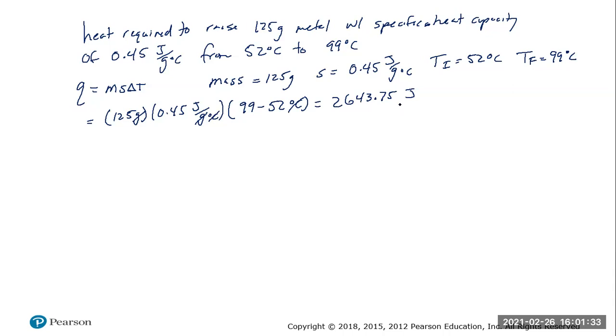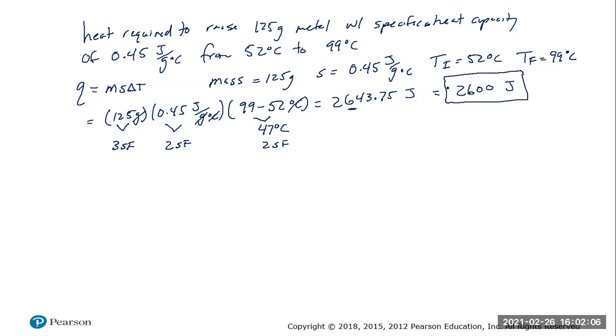Significant figure wise, you may be wondering, what should our significant figures be? Well, we're really multiplying here, but we are subtracting right there. And if we subtract right there, that's 47 degrees Celsius when you subtract it. That is 2 sig figs. This guy is 2 sig figs. And this guy is 3 sig figs, which means technically this guy should be 2 sig figs on the answer. Should be something like 2,600 joules of energy.